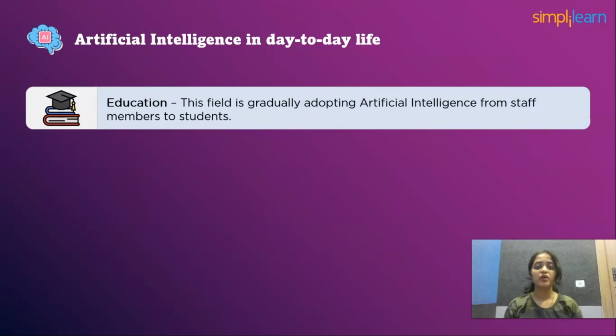Education. Even though the education industry is the one most influenced by humans, artificial intelligence has also started to establish itself there. This gradual adoption of AI has helped faculty members become more productive and refocus their attention on students rather than office or administrative tasks.